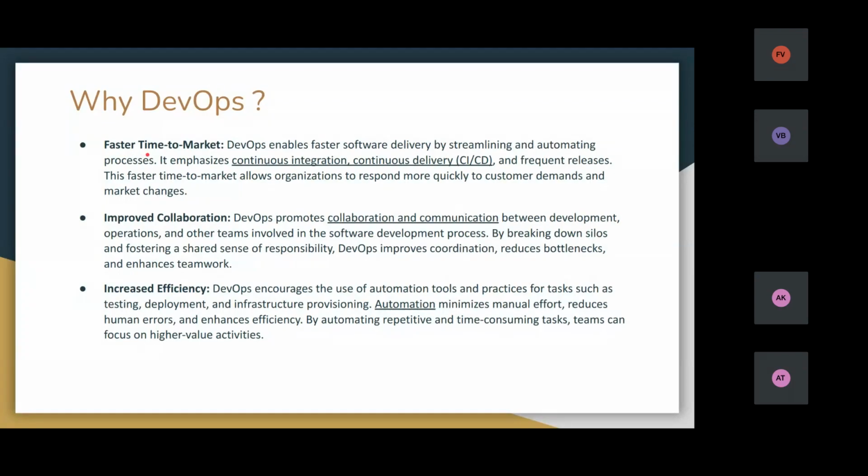While using DevOps, we can deploy applications faster into the market. There is a term called continuous integration, continuous delivery, or continuous deployment. We use it, and it is called CI/CD.